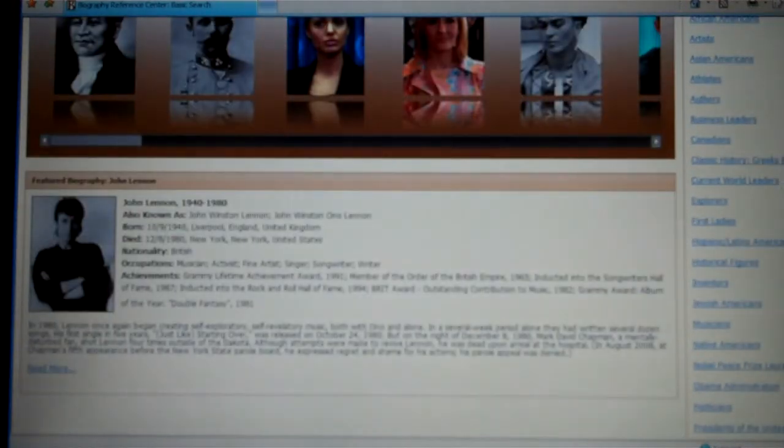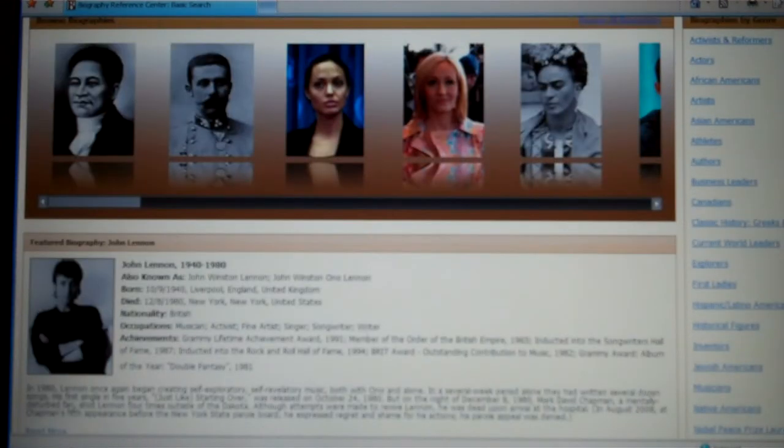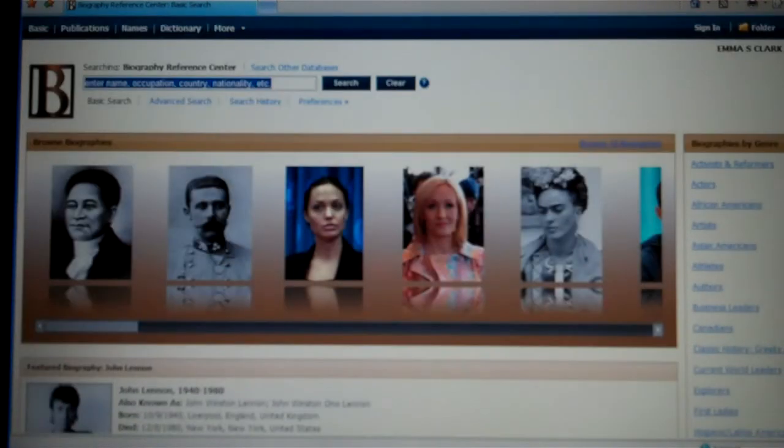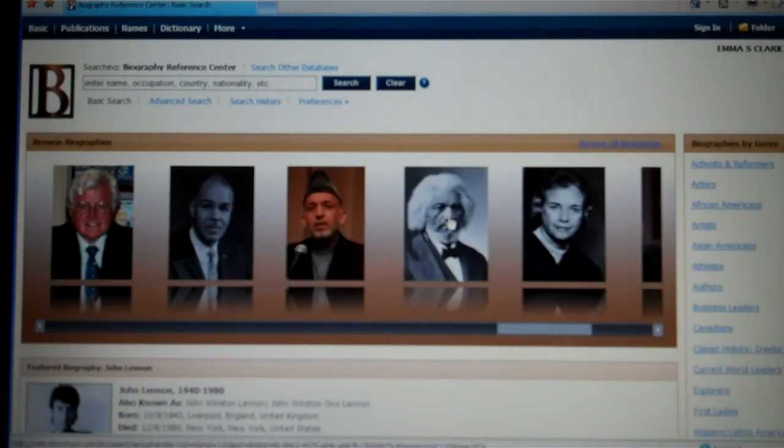Activists, reformers, musicians. So depending on what your unit is, you'll probably find some notable figures within that context. So it's a very valuable site to take a look at. And again, there's lots of pictures, and it's also just a nice browsing site, just to read up on different people. So it's also a nice one to have on your computer in your classroom.